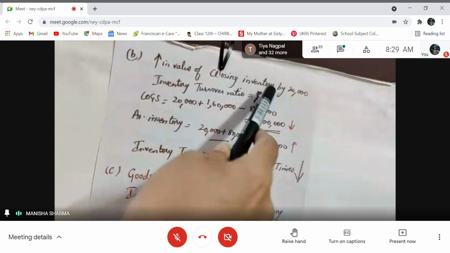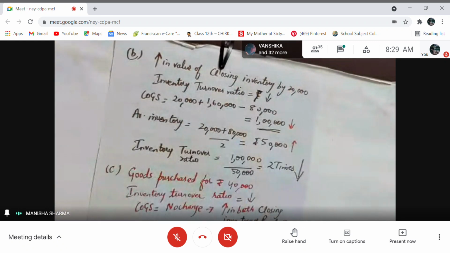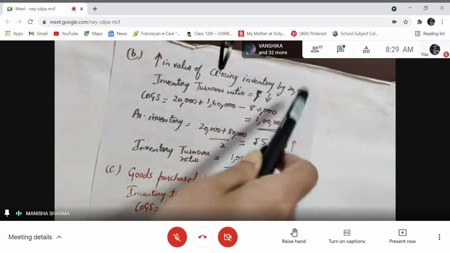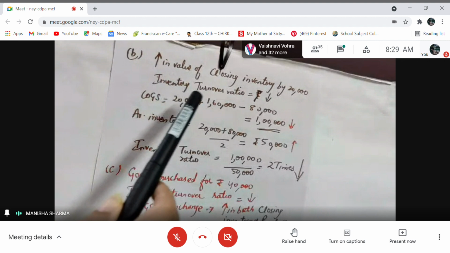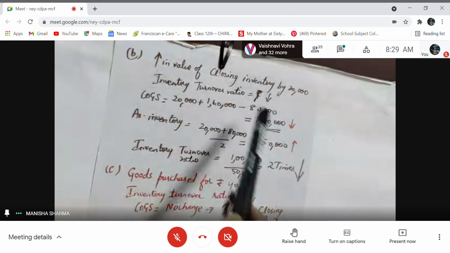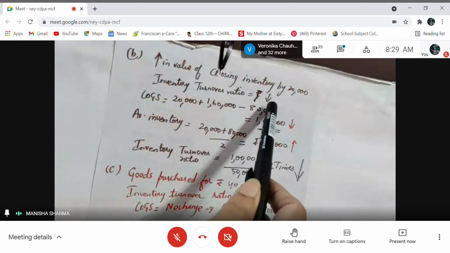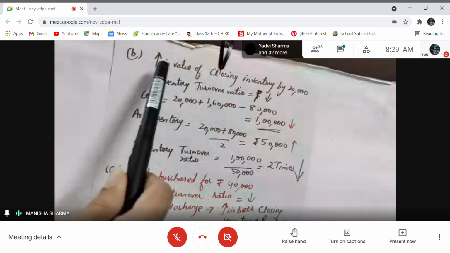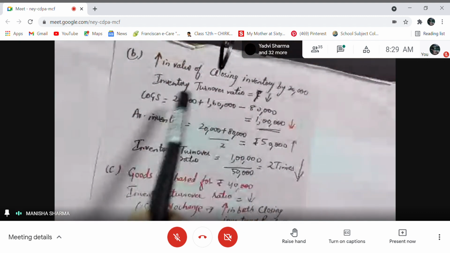Increase in value of closing inventory by 20,000, right? It means the closing value of the inventory has increased by 20,000. So it means inventory turnover ratio will decrease. How? Let's see why I'm saying that inventory turnover ratio will decrease due to the increase in value of inventory by